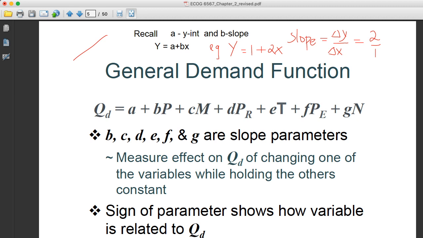So I can go from the lower point on the line to the upper point on the line with this relationship. So if I started here,